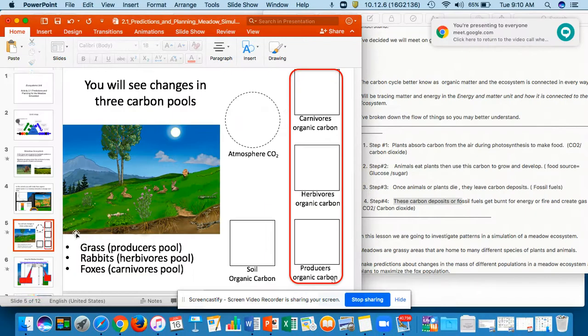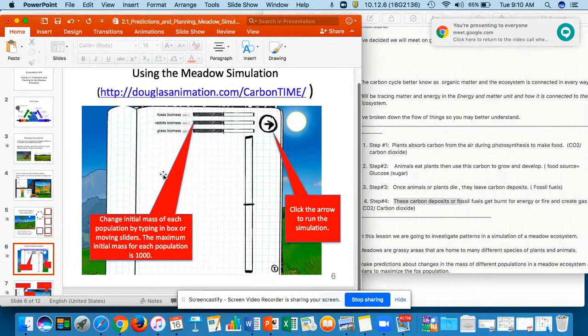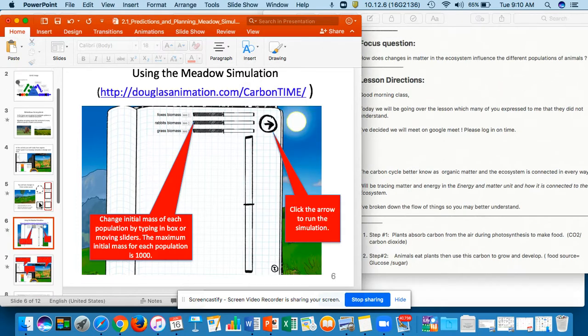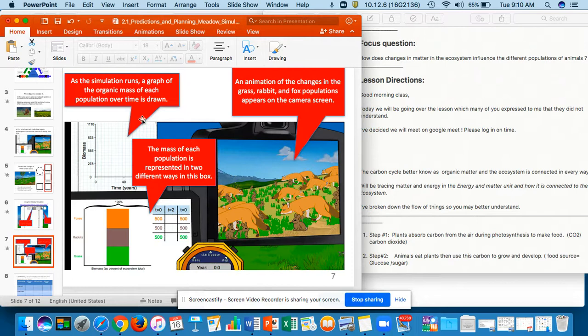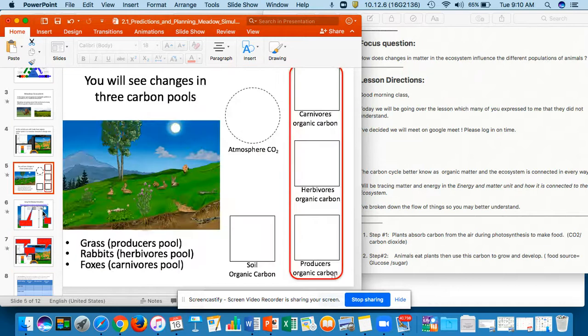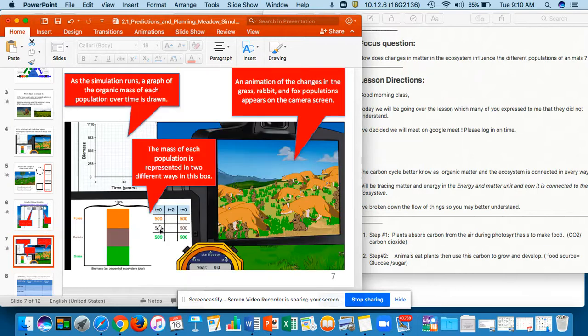Okay. Anyways, next slide. I just wanted to go over that. So in this, basically, you will see the cycle. If you go to the website link that I provided in the chat, you will see that you can manipulate it. It's a simulation. You can manipulate factors, let it play, and see what happens to the changes. So over here, you're going to see the mass of each population is represented in different ways in this box. So you have the foxes in orange, the rabbits in brown, and grass as green, of course. So you're going to play with it and you can see.